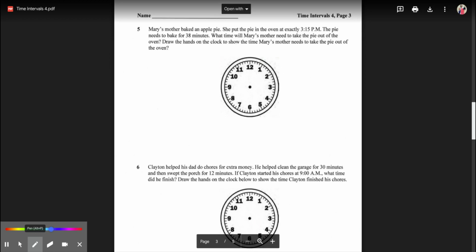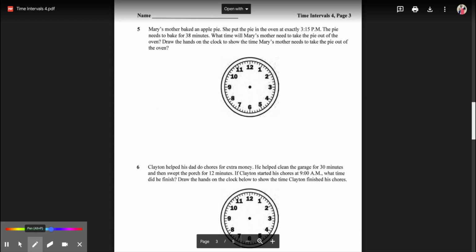Mary's mother baked an apple pie. She put the pie in the oven at exactly 3:15 p.m. The pie needs to bake for 38 minutes. What time will Mary's mother need to take the pie out of the oven? Draw the hands on the clock to show the time Mary's mother needs to take the pie out of the oven. All right, so